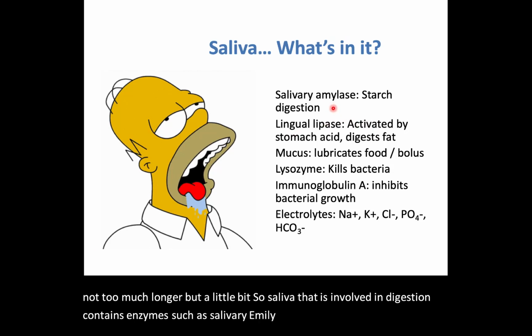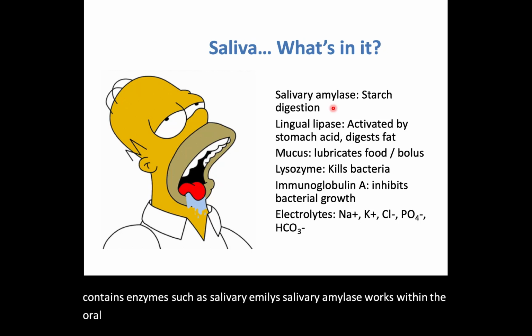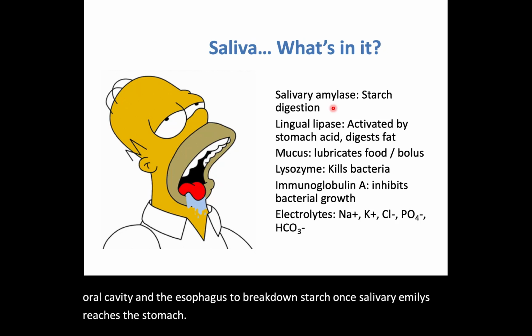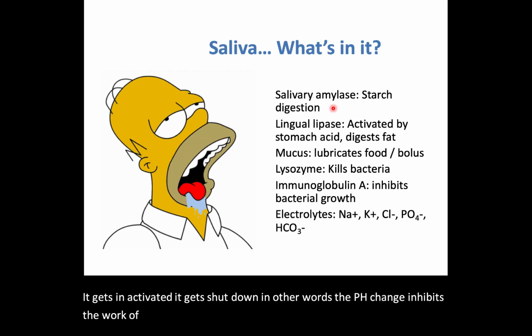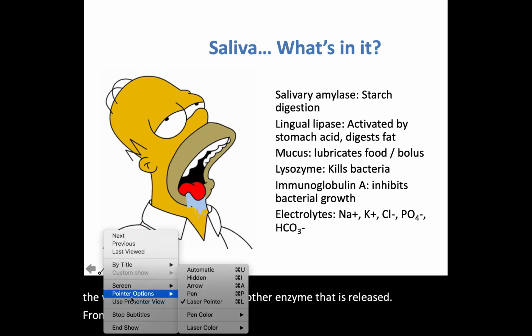Salivary amylase works within the oral cavity and the esophagus to break down starch. Once salivary amylase reaches the stomach, it gets inactivated. It gets shut down. In other words, the pH change inhibits the work of salivary amylase. But another enzyme that is released from within the oral cavity